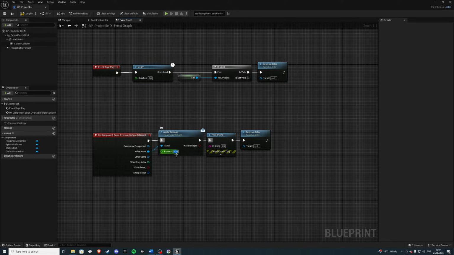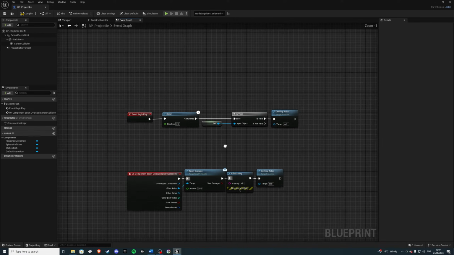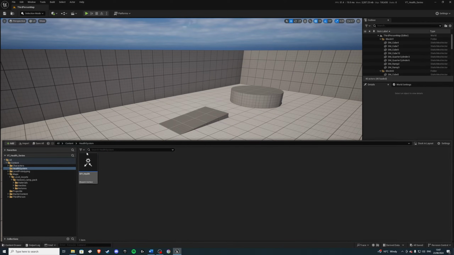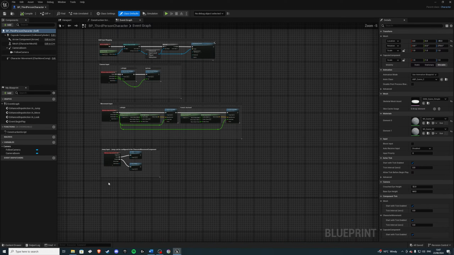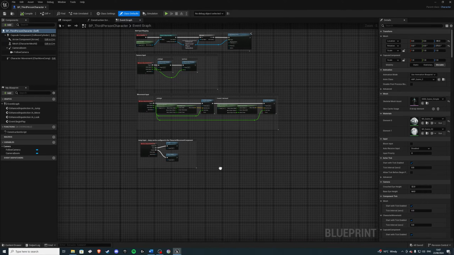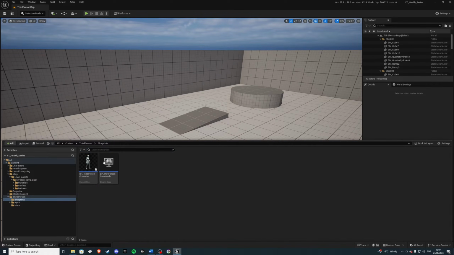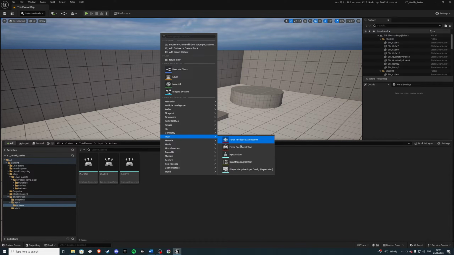Let's do some damage, perhaps 30 on hit. And that's all we have to do here. Now let's go test if we can actually spawn this actor. So exit out of that. And let's go to our third person character. So in here, would be a good idea to have an input. So let's go ahead and create an input to attack. So inputs, actions, we'll create our own